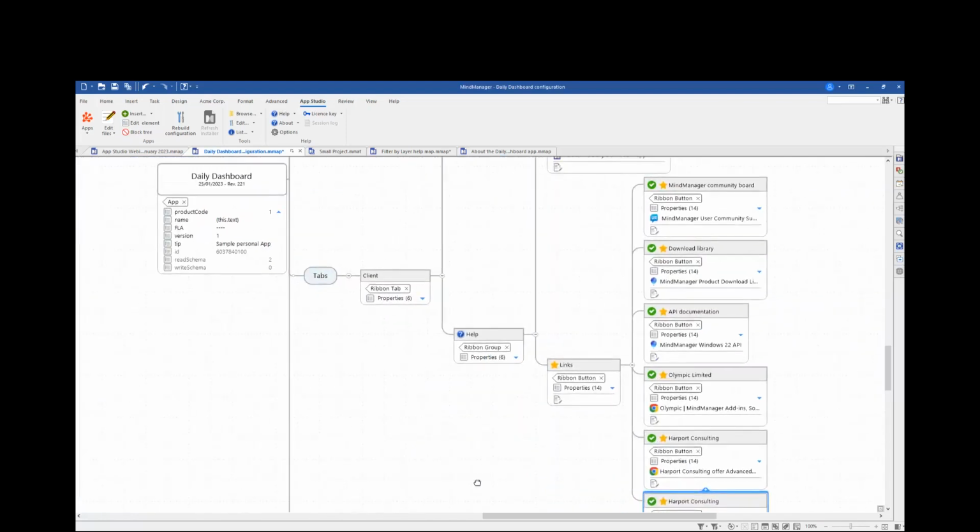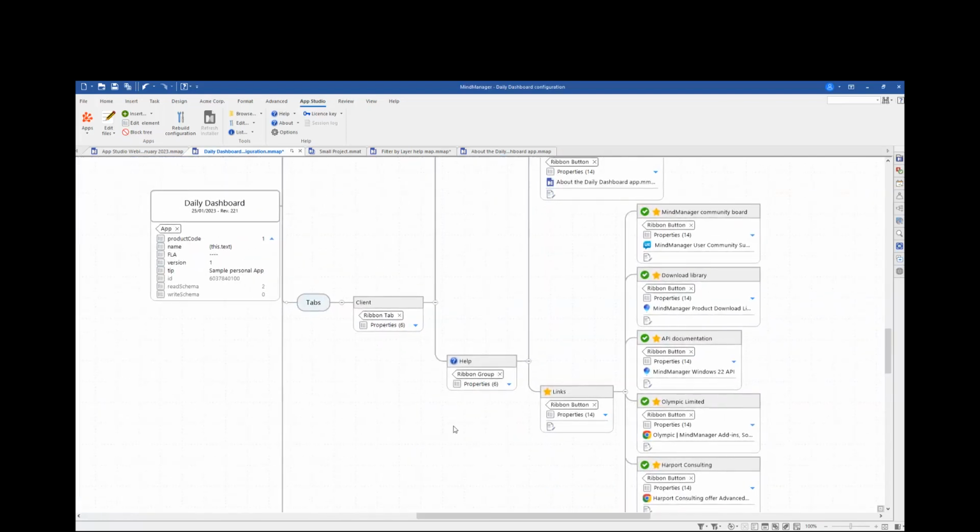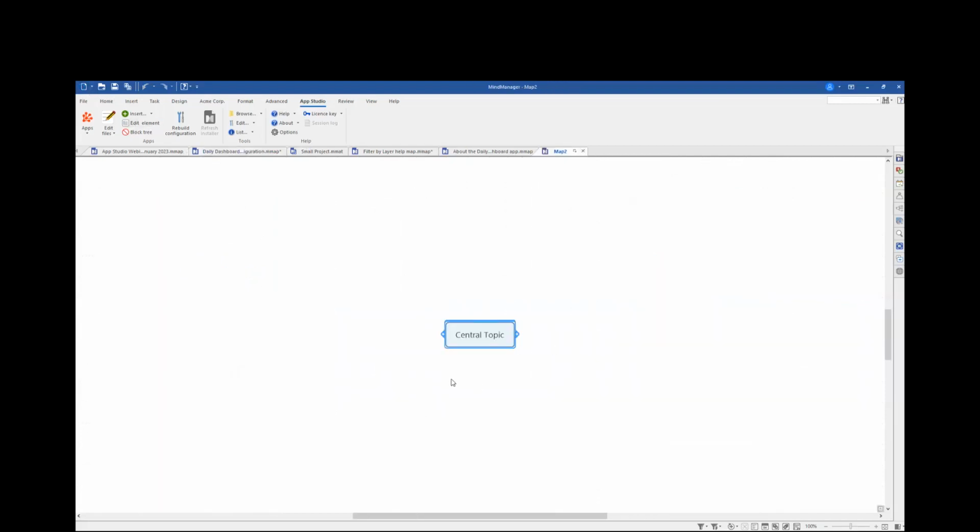The only difference between this map and a regular MindManager map is this has got some special codes internally. It's got some attributes on the topics that help App Studio identify what it is. But you can take a regular map. If I start an empty map,